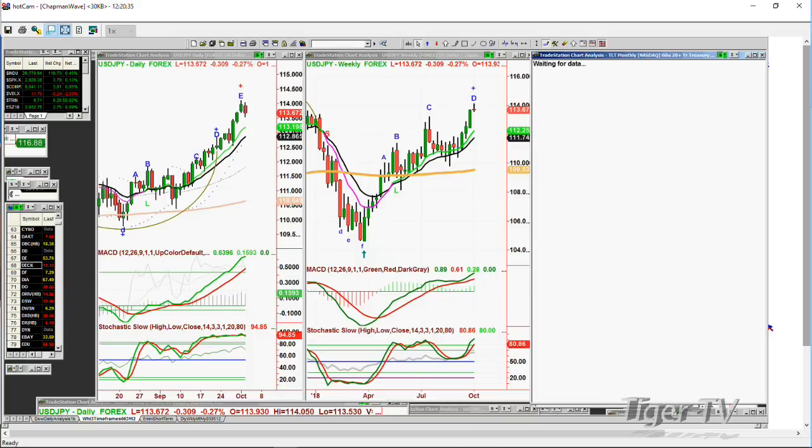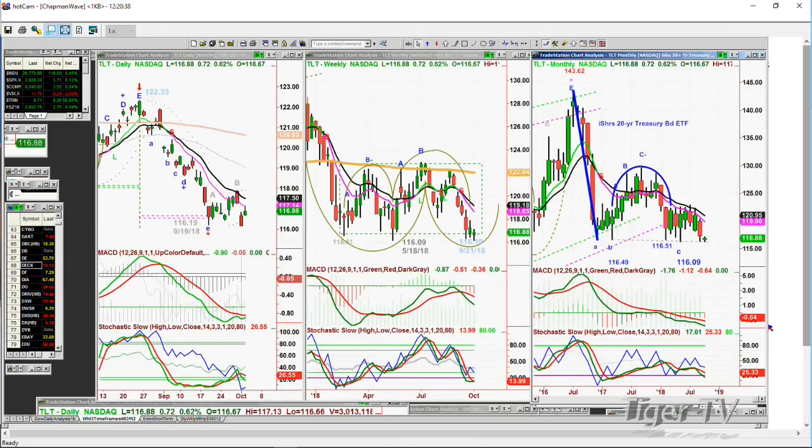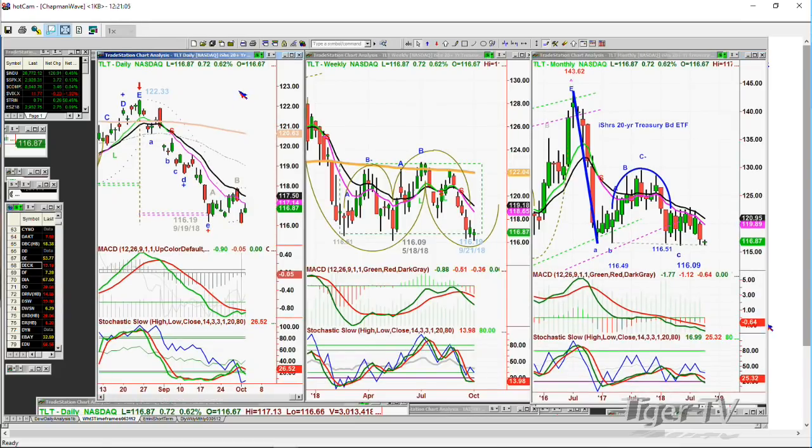Now, this is going to be very interesting. The TLT, which is trading right now up a little, it's up 72 cents, still stuck in this range right here. It actually looks like the gold for a moment, and the weekly chart is just seeing a little technical improvement in the price. Not so much in the technicals because the stochastic's flattening out, but still low at 13%. MACD's got a very wide distance between the slow and the fast moving averages. The monthly chart doesn't look good. This is going to be a really important moment for the TLT. The 116.87, it needs to hold the 116s. If it closes under 116,